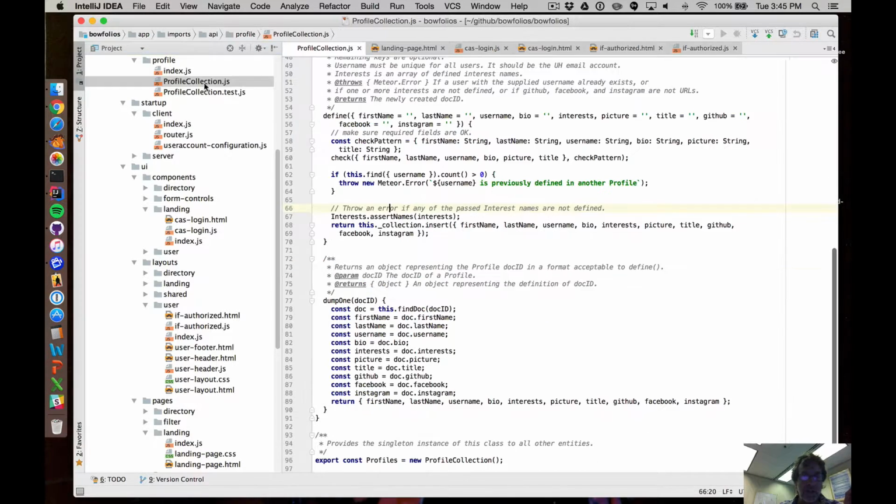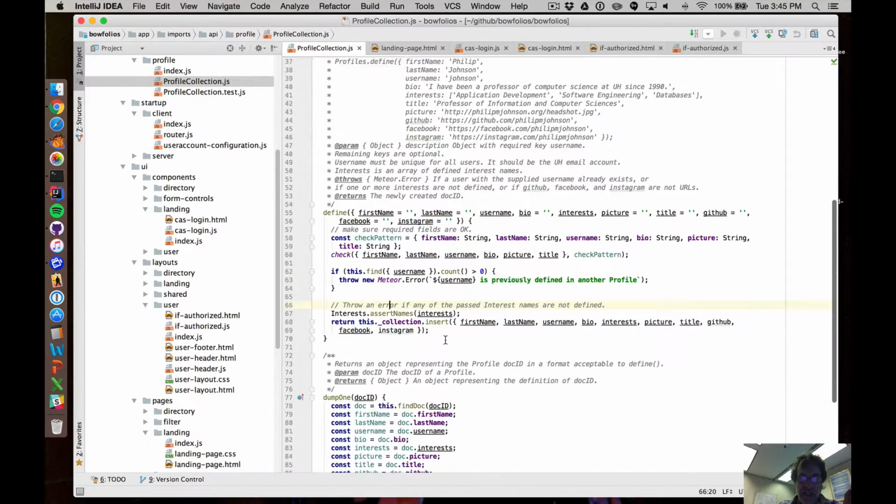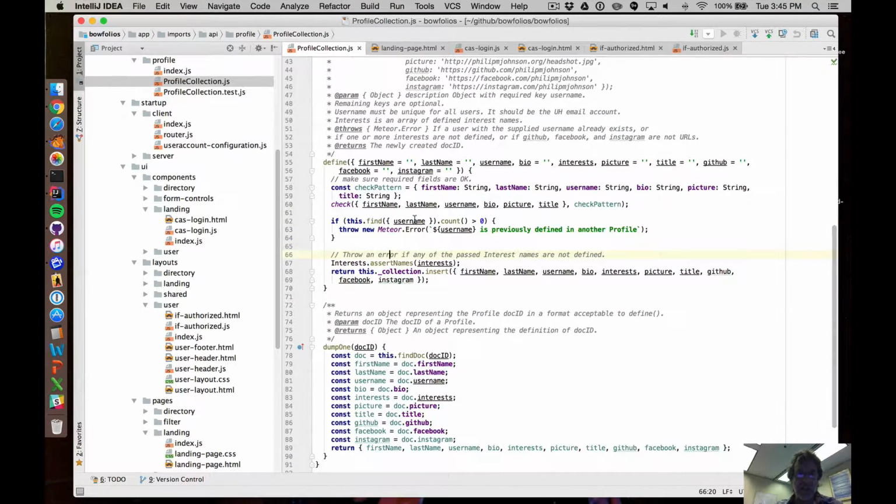And you'll notice that the profile collection has the same thing, and it even has a cooler feature, which you can see here: in the profile collection, if you pass an object that doesn't have a first name field inside it, then we have a default value for the first name field that can be used inside the method. It'll be bound to the empty string in the event that first name isn't a field defined in the object